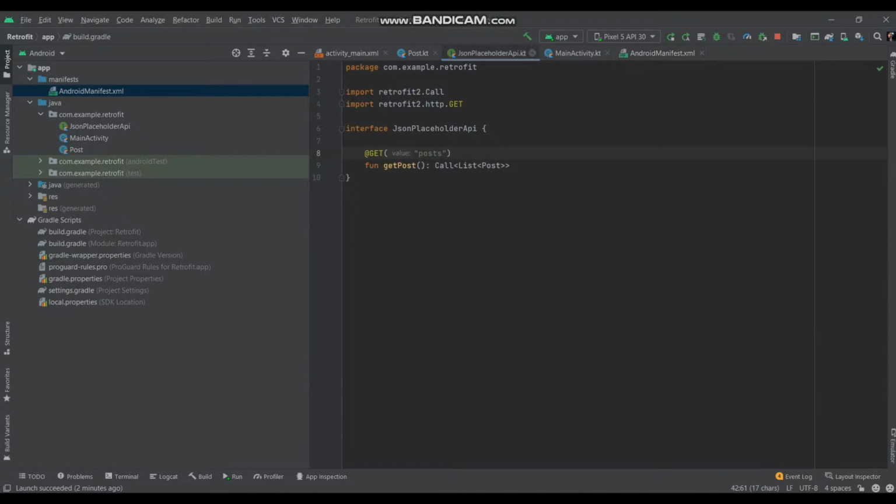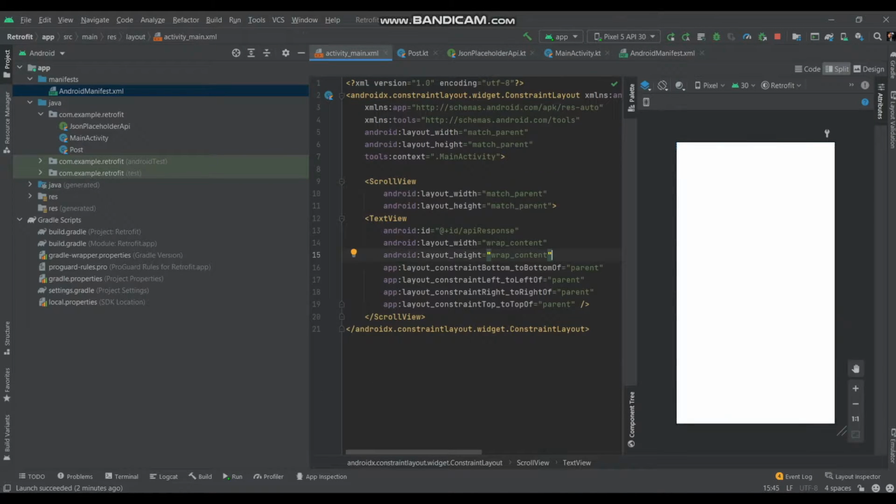Alright, then you have to come to your main activity.xml file and keep the text view as it is and keep this text view inside a scroll view. Alright, and then you have to